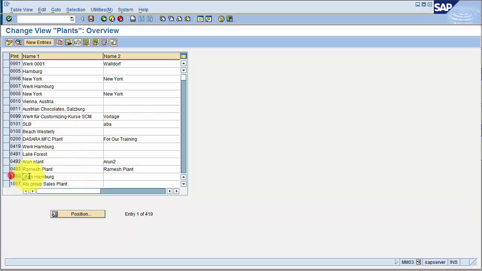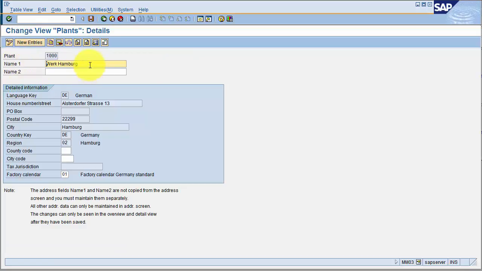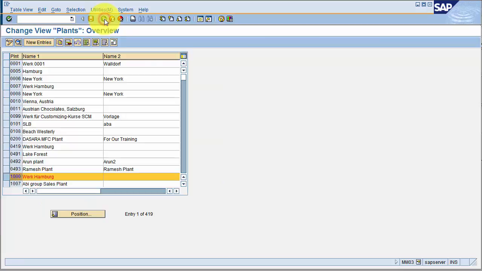Here we see that we have the 1000 plant, and if we select it and go to this field for getting additional data, we can see the name of the plant, the address, postal code, city, language, so some basic fields that define this plant. If we go back,